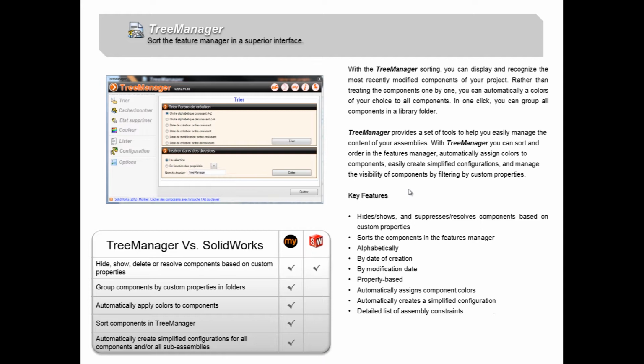The TreeManager gives you the ability to sort every feature on your design tree alphabetically, either ascending or descending. You can assign colors and then sort based on those colors. And it gives you a way to easily suppress components, and then you can sort even based on that suppression. Finally, the TreeManager gives you a really easy way to add simplified configurations and manage the visibility of components by